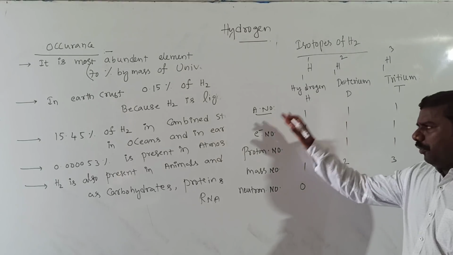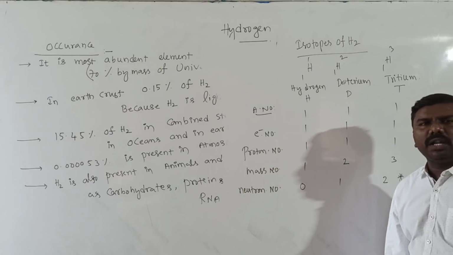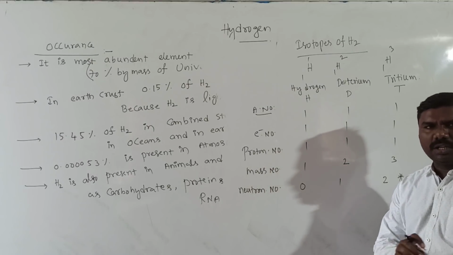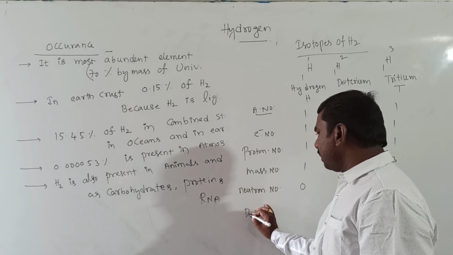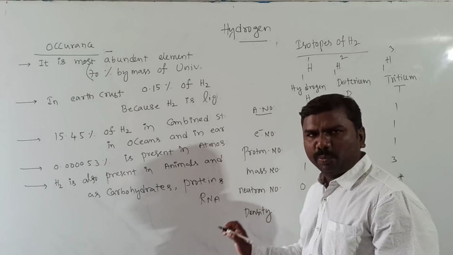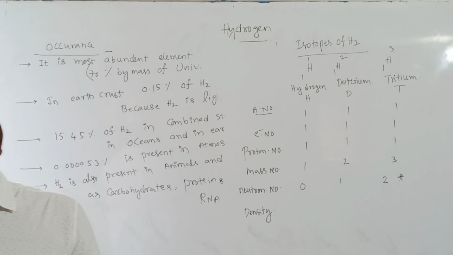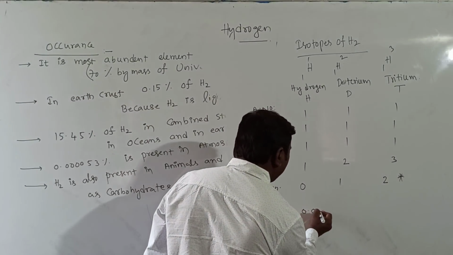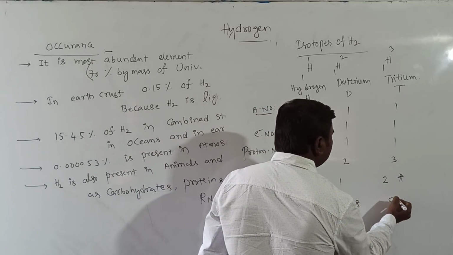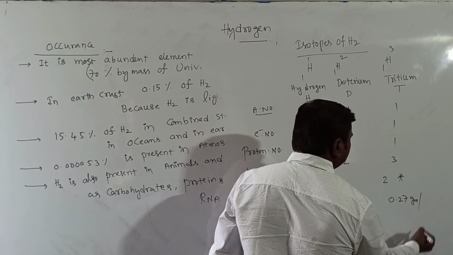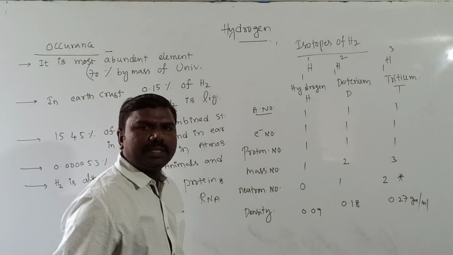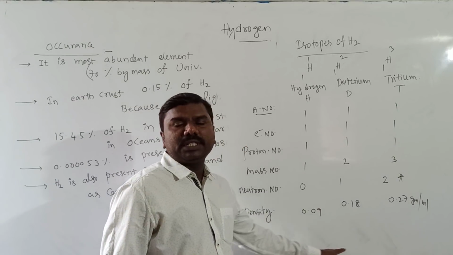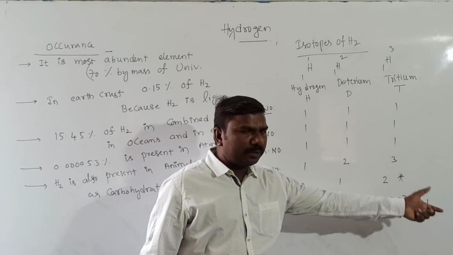Right? A few more properties are there, physical properties like boiling point, melting point, density, and many more. No need to remember them, but a common conclusion is required. I'll give you density here, one physical property. The density will be 0.09, 0.18, 0.27 gram per litre. You just observe carefully. Like density, many more physical properties are there, and those values are like this.